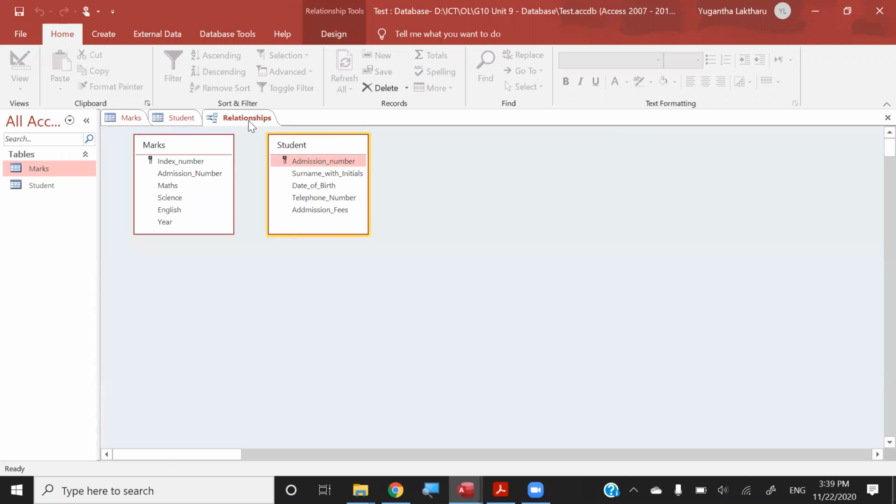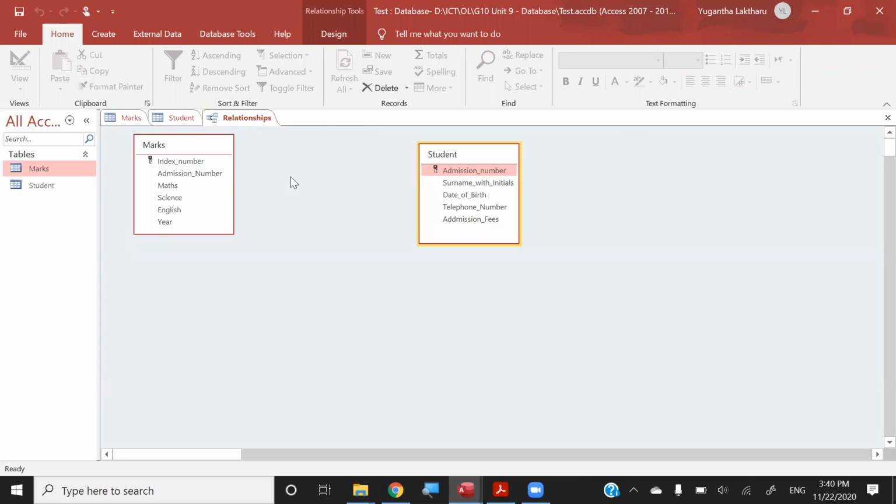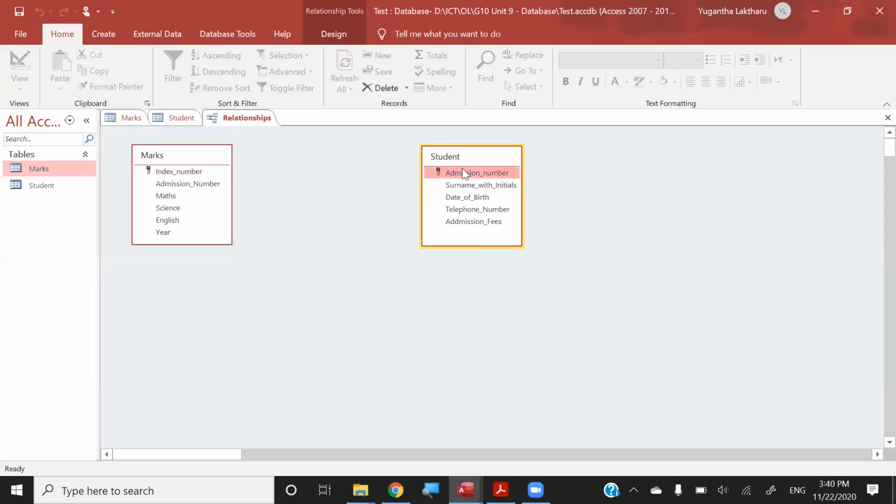So to create the relationship, we are going to connect the primary key in this table, which in our scenario is the student table, with this admission number, which is going to have the related values. That means the very same values will be there in those two columns, the same type and the same